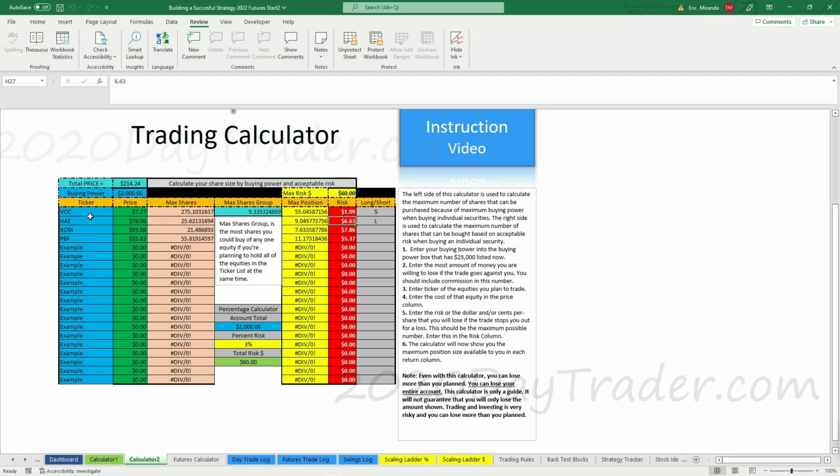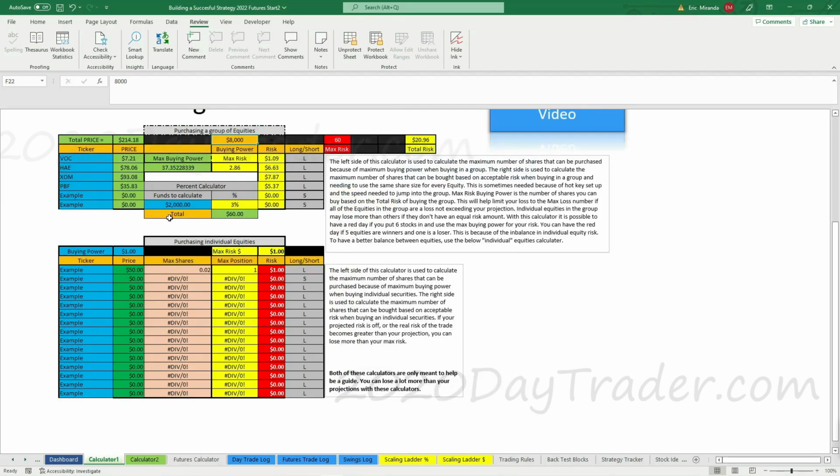All right, so VOC costs $727 with my $2,000 in buying power, which really I'm looking at $8,000 in buying power, right? Because of margin. I can afford 1,000 shares. I can afford 1,000 shares if I put my whole account on just this one ticker, right? Over here we have a group. With a grouping of tickers over here, it kind of shows me that once I put all these numbers in, the most I can do is buy 37 shares of each one.